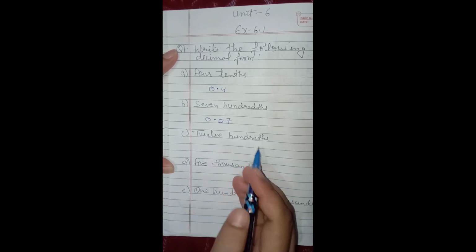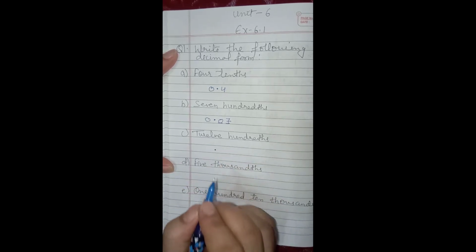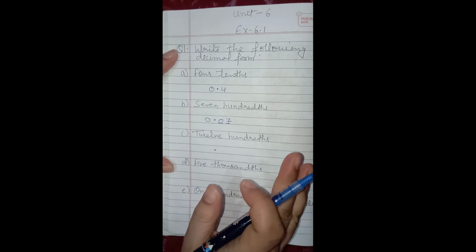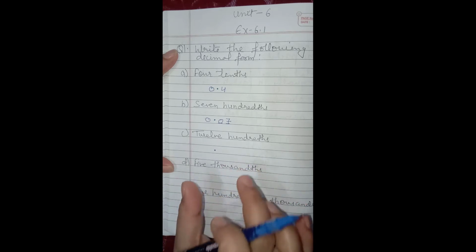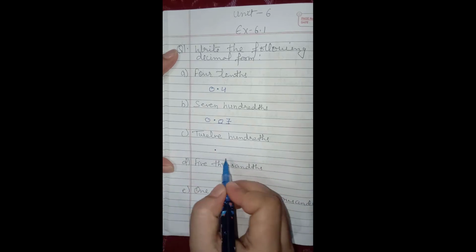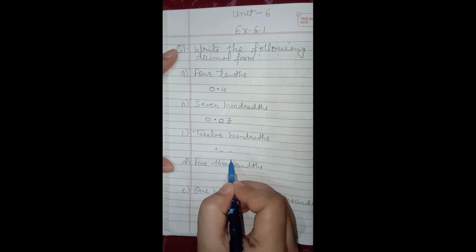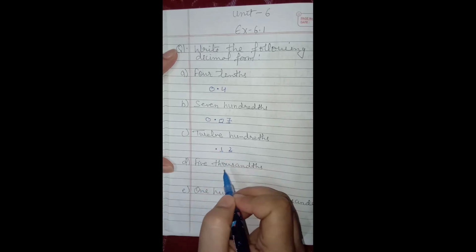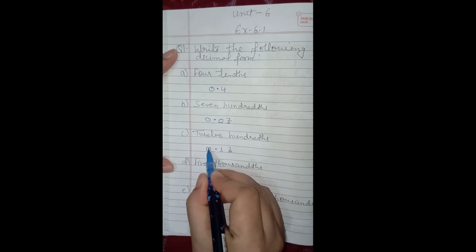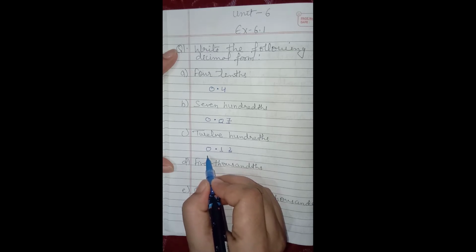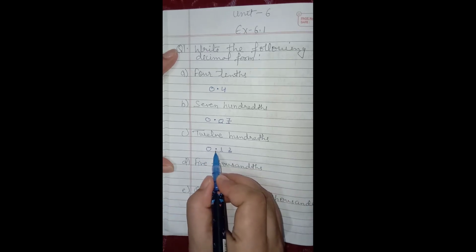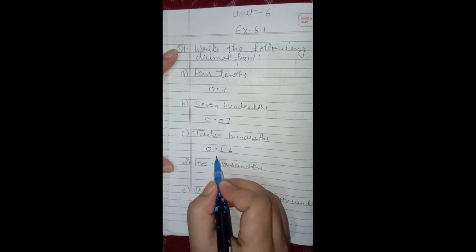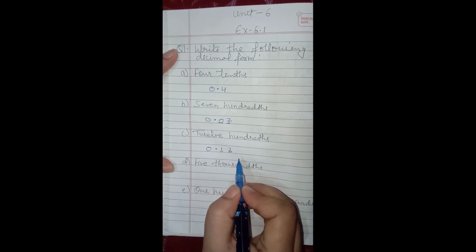Now next one is 12/100. Now if it is 12/100, it doesn't mean that you will start writing 12 from the 100th place. It means that the number 12 should end at 100th place. So here we have tenths and here hundredths. It means 12 should end at 100th place. So obviously 1 will come here. So it is 0.12. Here we are writing 0 because in whole part we are having nothing. Because before decimal the places are ones, tens, 100, and after decimal we have tenths, hundredths, thousandths, and so on.